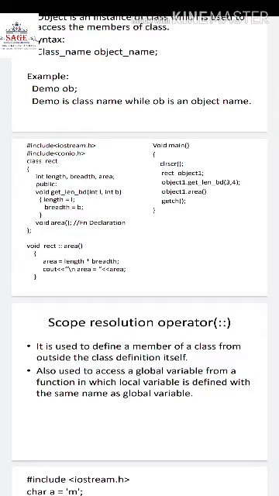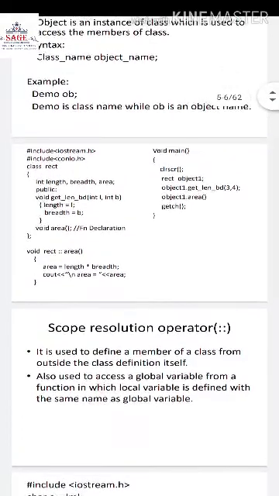Now in area, we are doing length into breadth because we want to find the area of a rectangle. Now this length and breadth are the variables of the class, and I have already mentioned, since these are private members, private members can be accessed by the member functions of the class. So here we are accessing the length, breadth and area. All three are class variables, and the length and breadth we have already assigned the value in the previous function, that is get length and breadth. So once we have found the area, then we output the area.